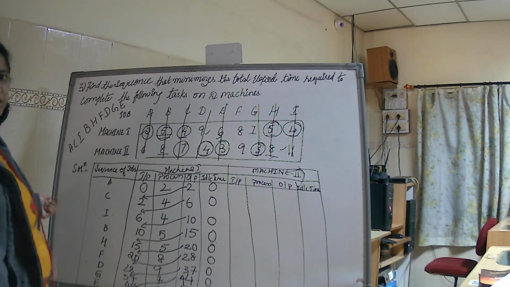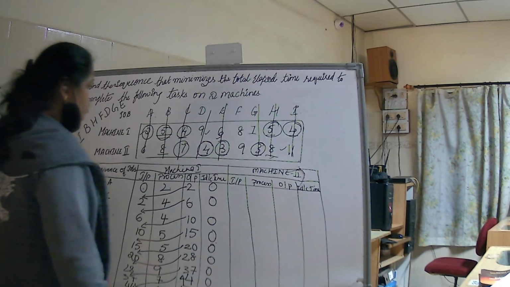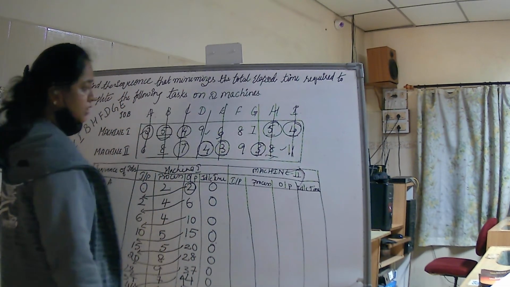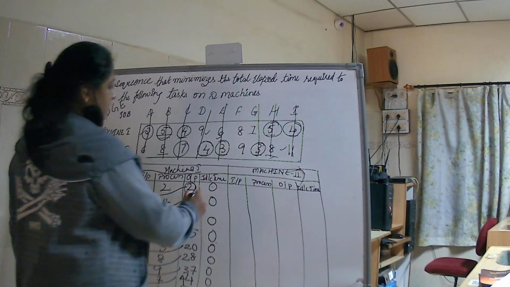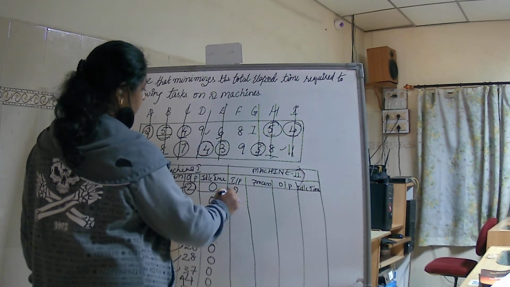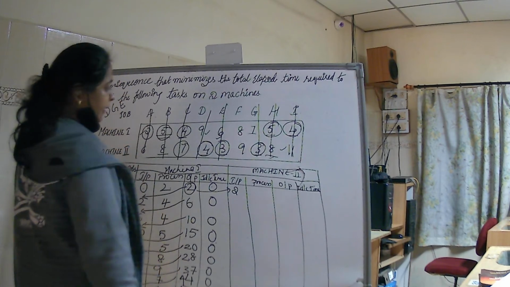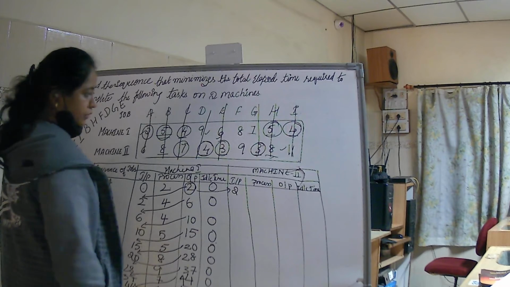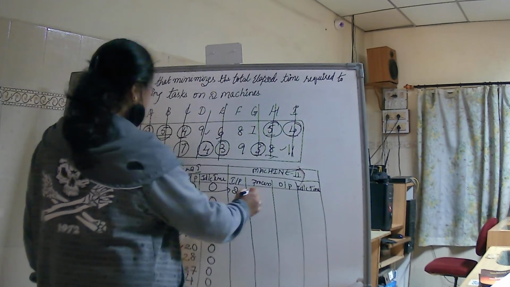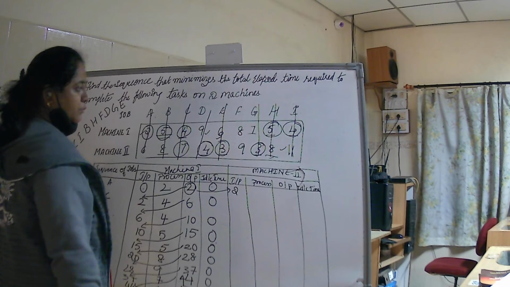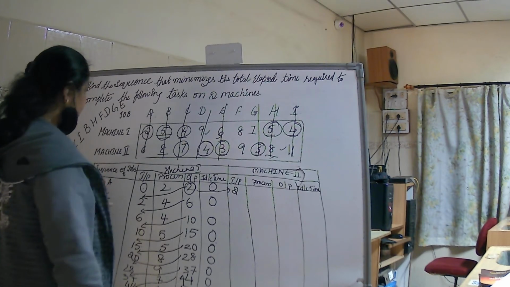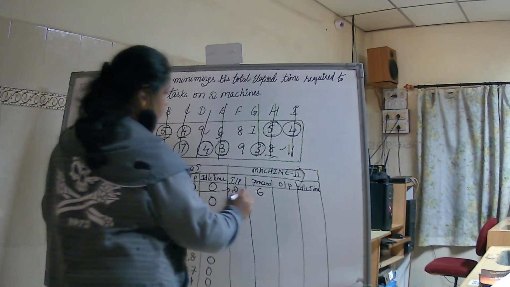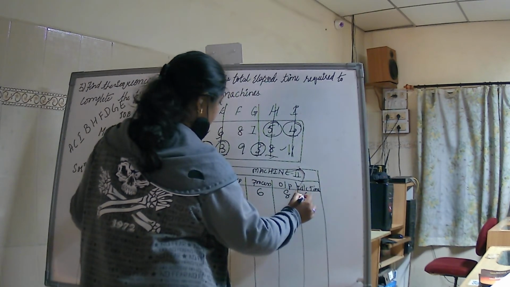Now let's go for machine 2. Now when we're going for machine 2 values, as I've told you, the output value of the first machine will become the input value for the second. So this is the 2 here as an input for machine 2, and the idle value will be the same as the input value. Okay, so here process time. Now you need to consider machine 2 for the process time, students. Here for A, the process value is 6, so 2 plus 6 is 8, idle value again will be 2.